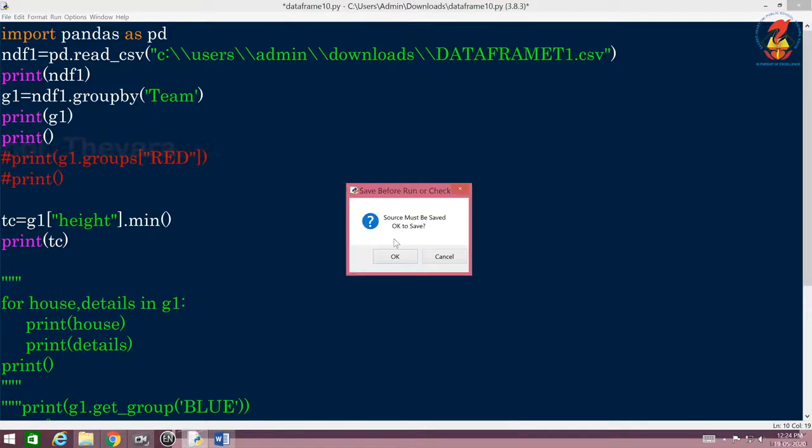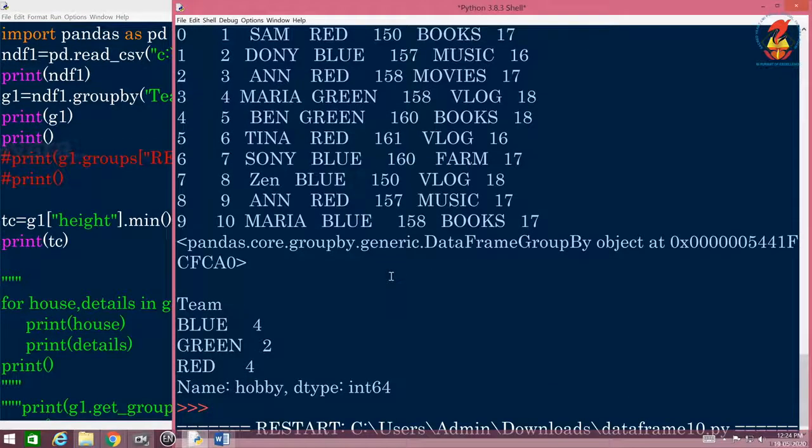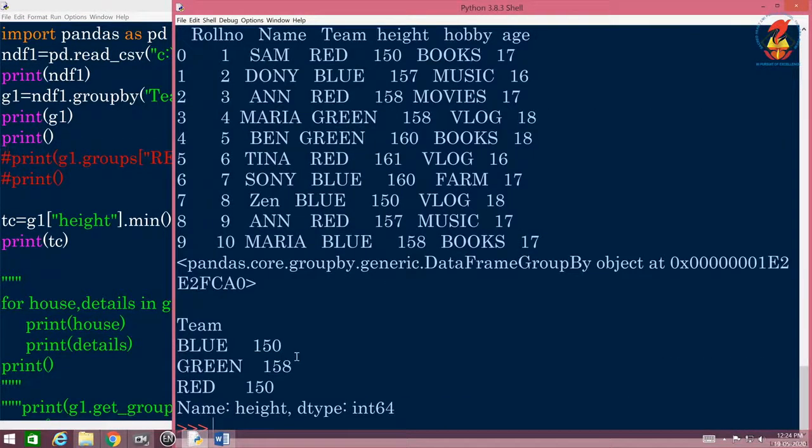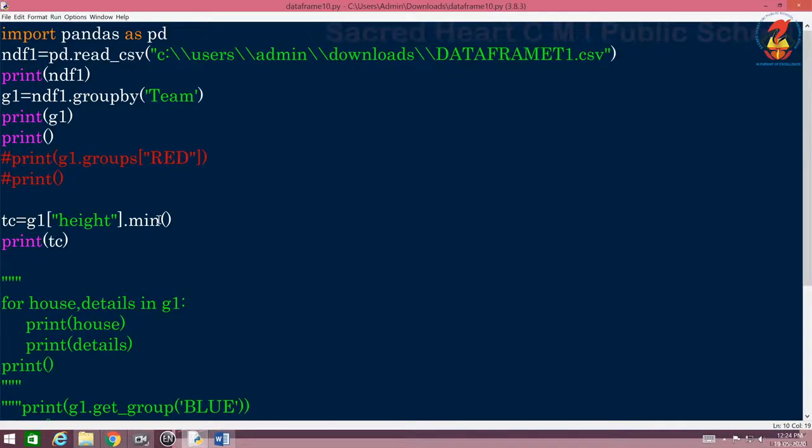What is the answer now? The minimum height of a team member under blue is 150. The minimum height under green is 158. The minimum height under red is 150. So I have changed it. You understood?